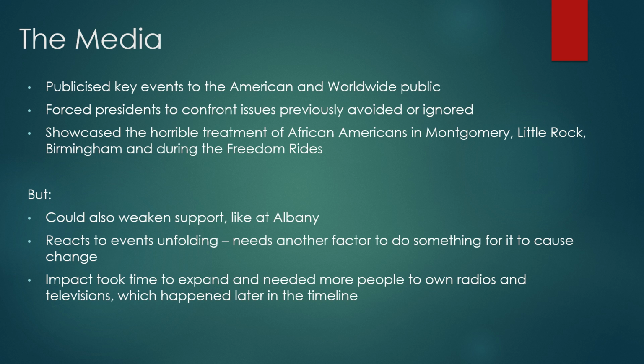You could say the media actually at times went against the civil rights movements. For instance, their support was lost, like at Albany, because the media showcased the opposite rather than showcasing the civil rights leaders in a positive light. On that occasion, they showed Laurie Pritchett and the police were quite calm, quite orderly, and therefore actually supported their image instead. And that's the thing, the image changed depending on what the media presents to the wider people.